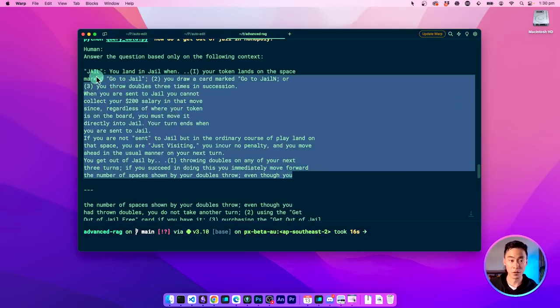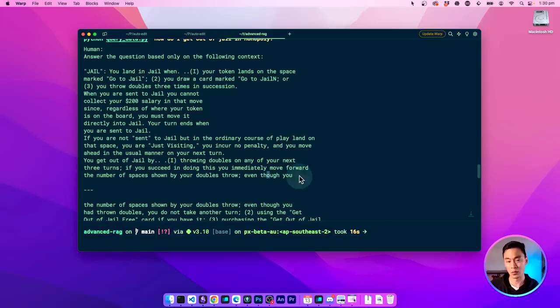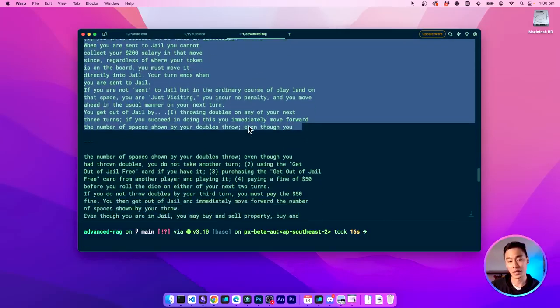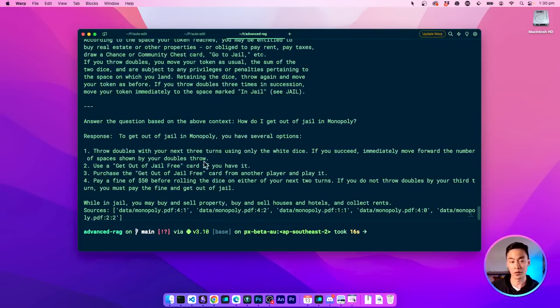So this one is the most relevant and it's actually spot on. It actually gives us step-by-step instructions on how to get out of jail. So I think really this is the only one we need. But anyways, we put our limit to 5, so we also get a bunch of other chunks that may be